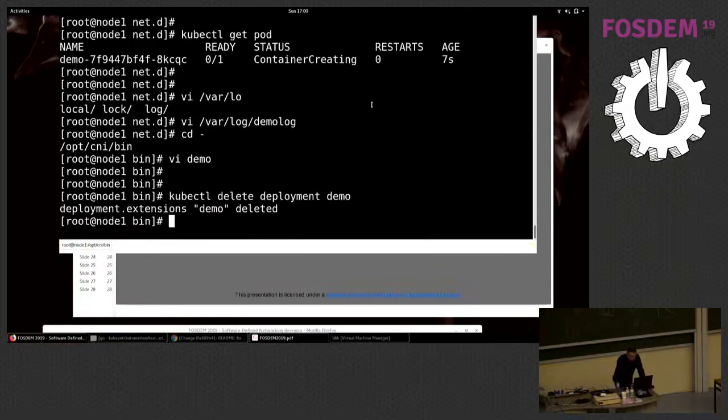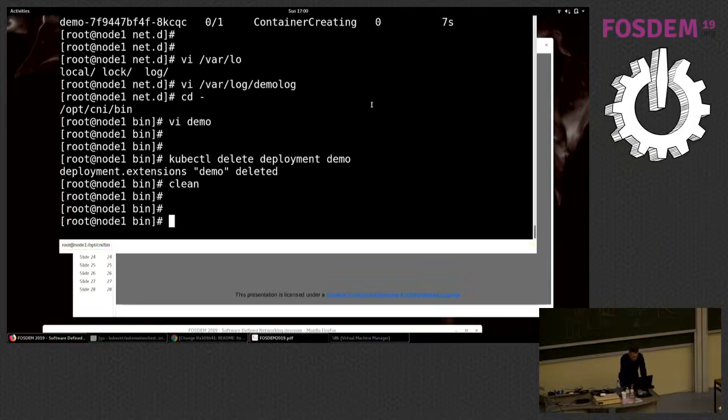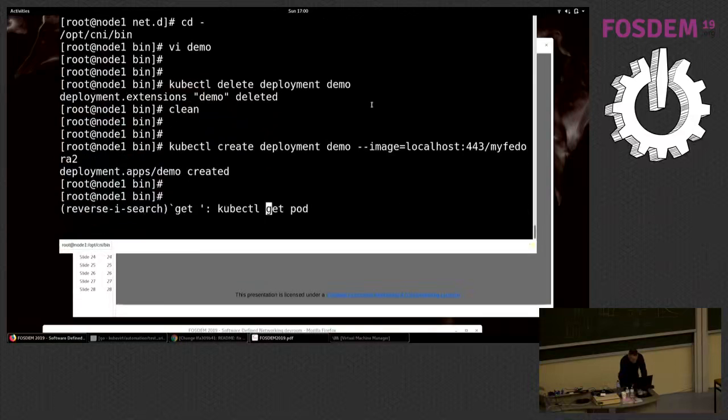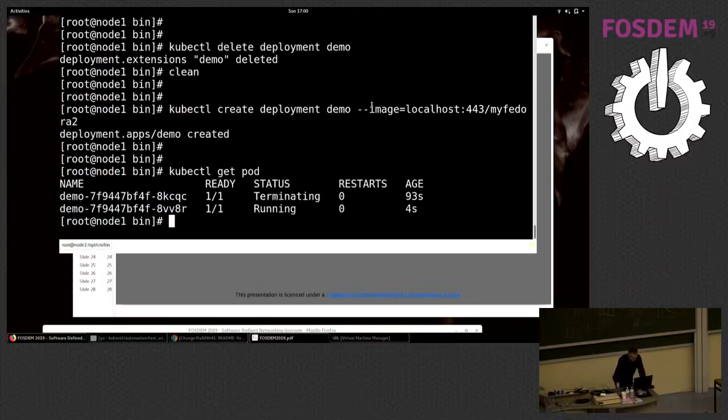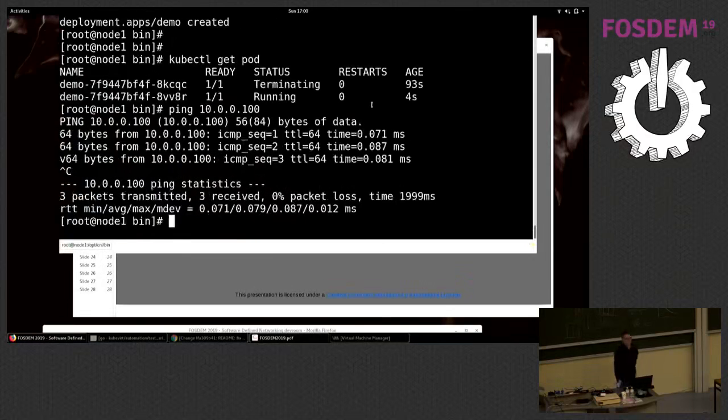Let's delete the deployment. Clean is just a script that I wrote to clean the environment, so that we start off with a clean one. And time's up. Let's just try. And it's running. Wait, not yet. Please give me 1 more minute. Let's just try if we can ping it. We are offline, so it's yes. If we have